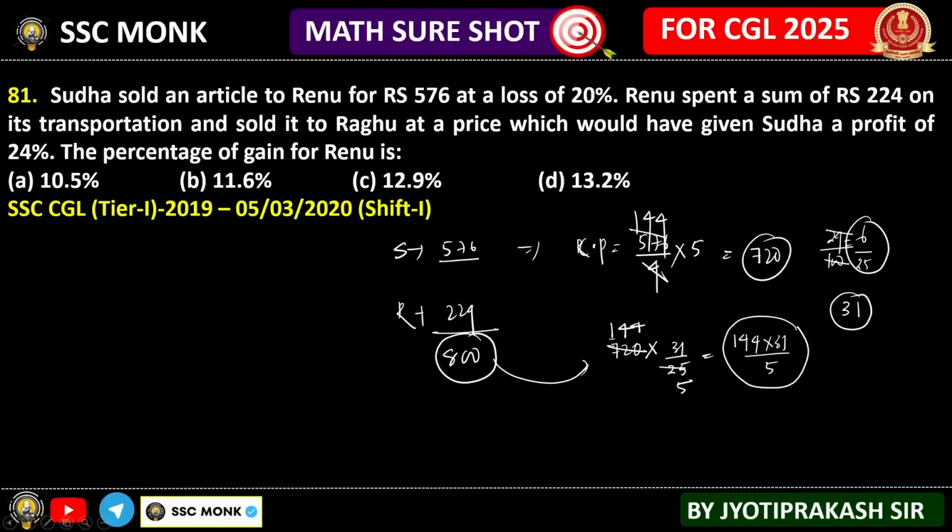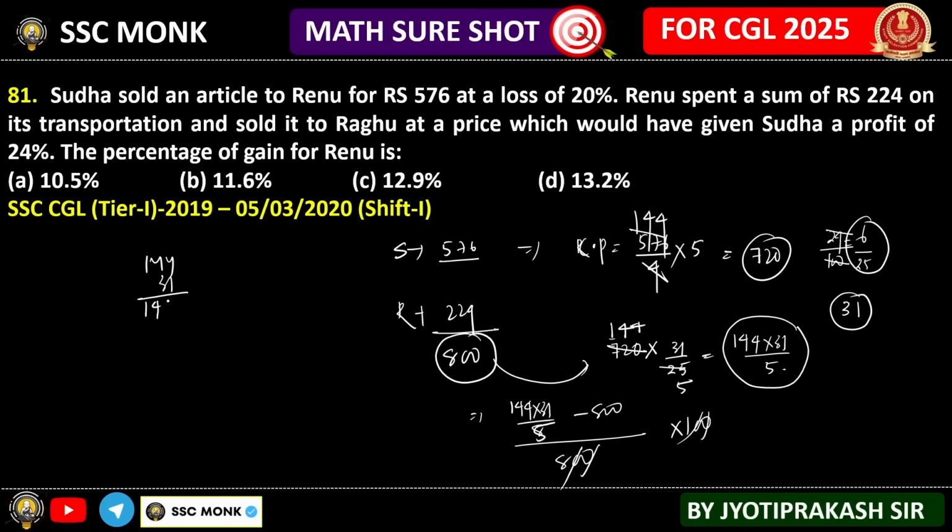Now how much percentage gain for Renu? So this price minus this price. So 144 into 31 by 5 minus 800, divided by 800 into 100. The zeros are gone. So this can be written as